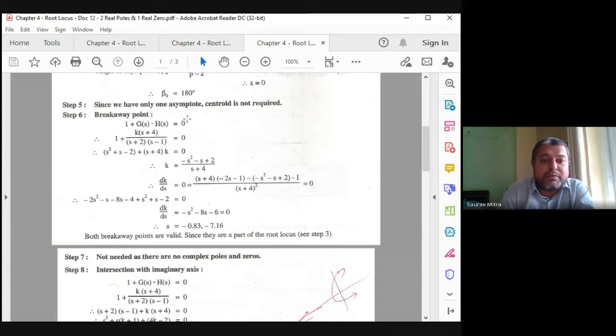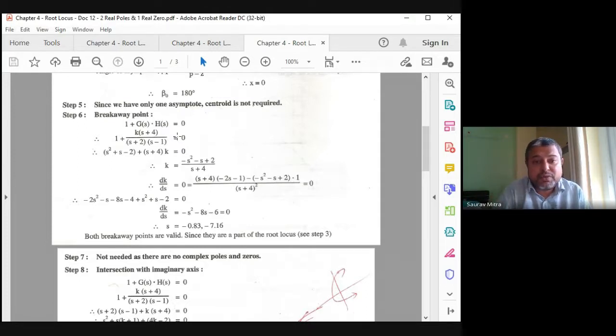So in this case, you have to apply this dK/dS. If you are doing it, you have to apply this division rule of differentiation. Here students get stuck because they are not able to do the division rule of differentiation, and that is also very easy. So this is the maximum level of difficulty you can have. So please practice this kind of numericals where 0 is there.